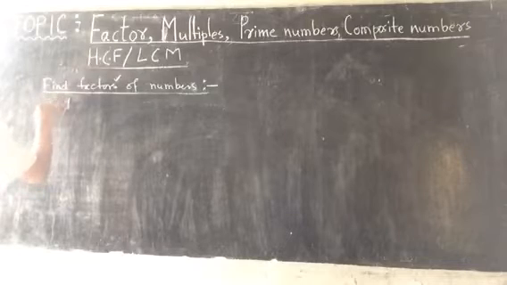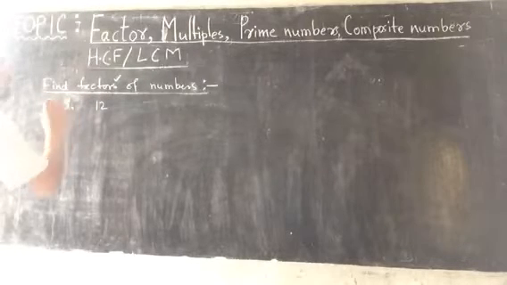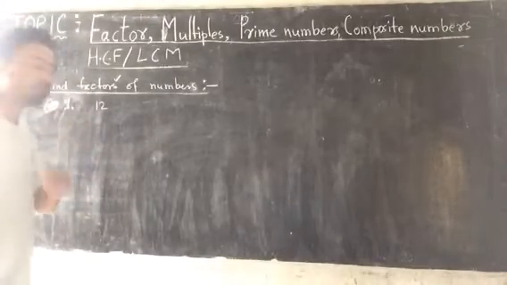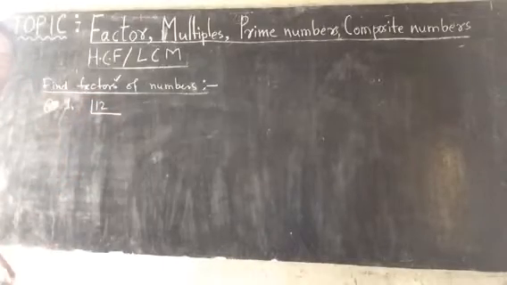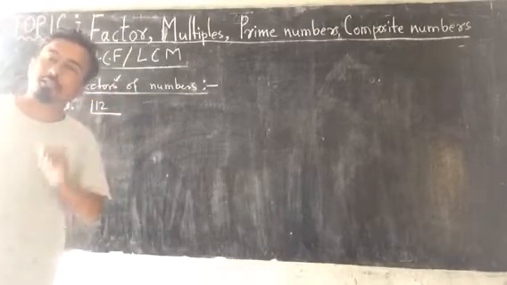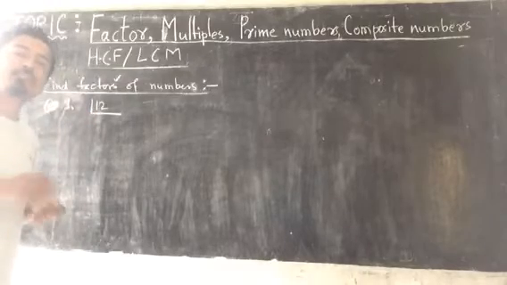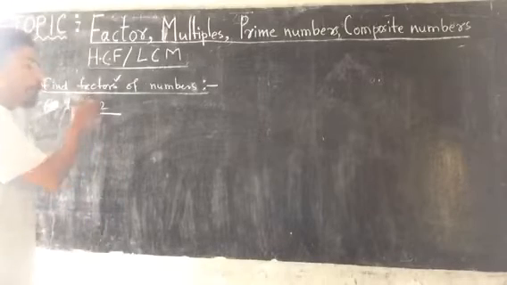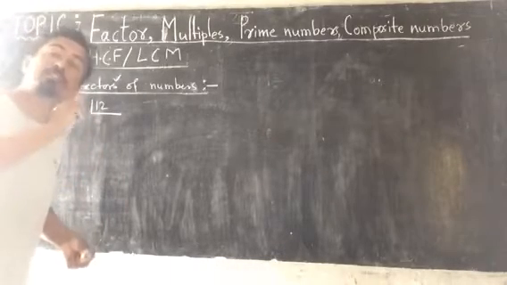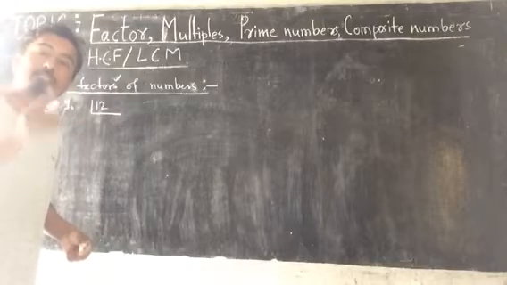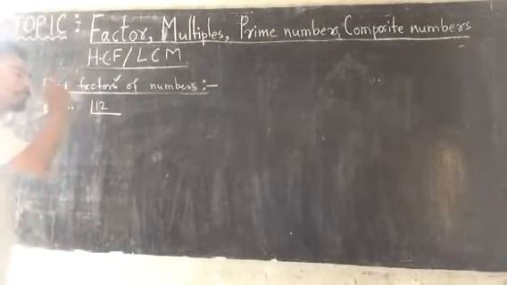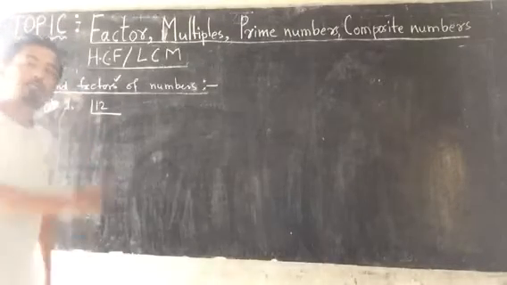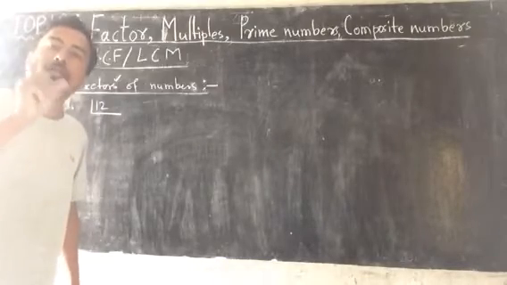Question number 1. Suppose it is 12. Very simple and very ordinary number, 12. If you have to find the factors of 12, what to do? You simply divide 12. As I have already discussed the divisibility rules, as you are doing it by factorization method, you have to always divide by primes. It is called prime factorization method. So the number must be tried by prime numbers. Don't try to divide by composite numbers.